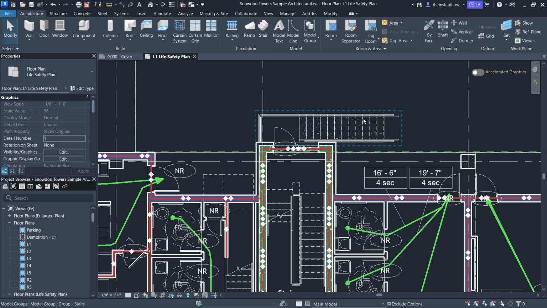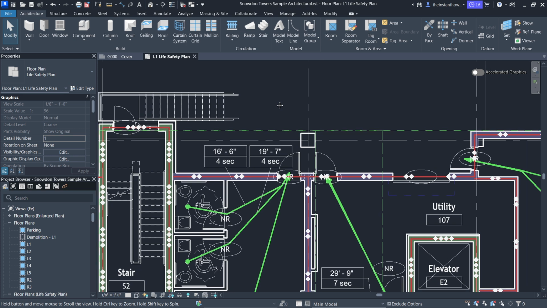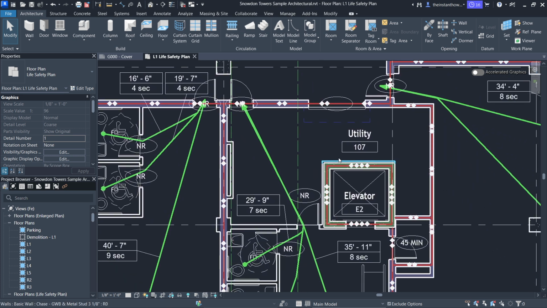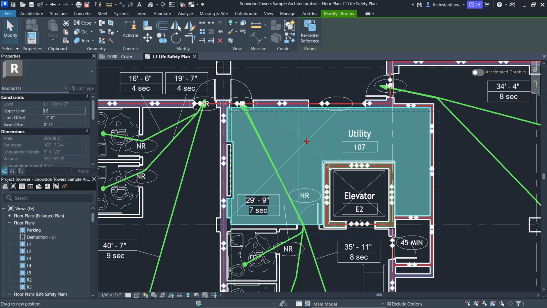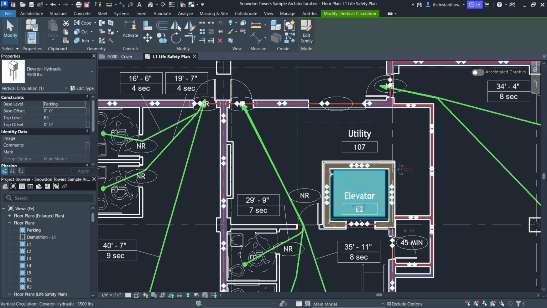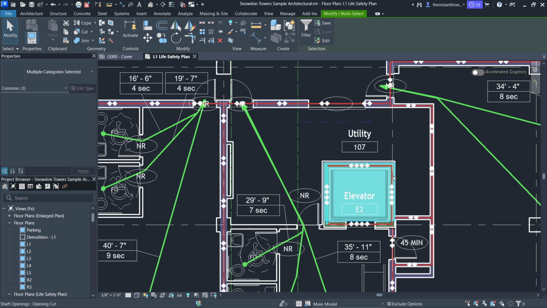Okay, now I do have a group here already, so I'm actually going to group something else. Let's just do this elevator over here. I'm going to just click and select these things over here. There we go, just a few of them, doesn't really matter. Okay, let's say this is our selection, and now what you have to do, go to the modify tab up